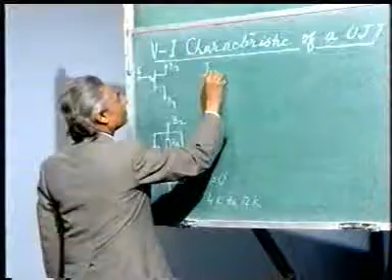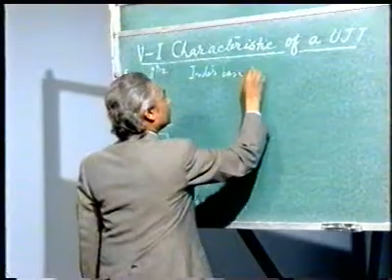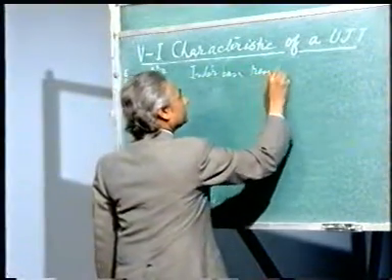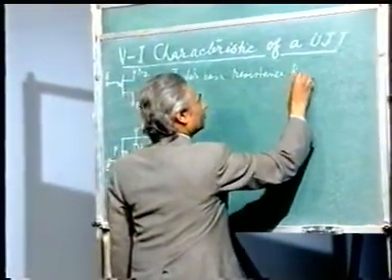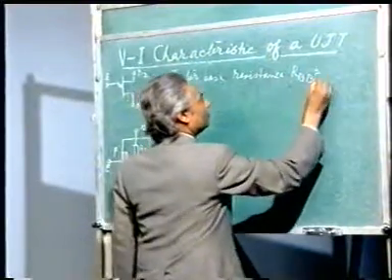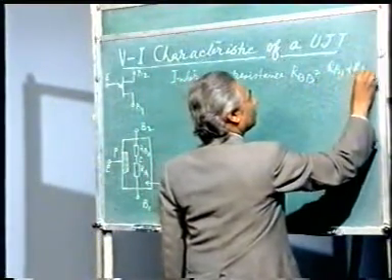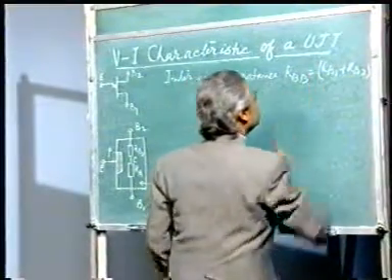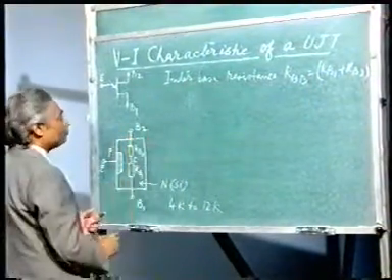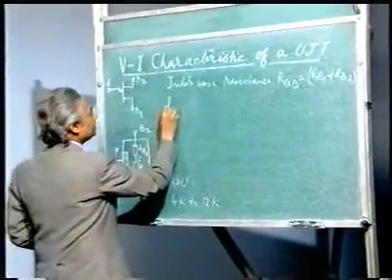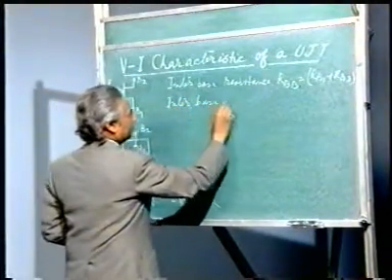So interbase resistance, say Rbb, is equal to Rb1 plus Rb2. And if I give a supply between B2 and B1, that will be known as interbase supply,